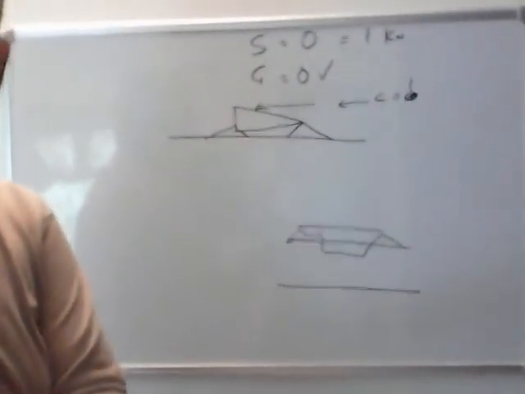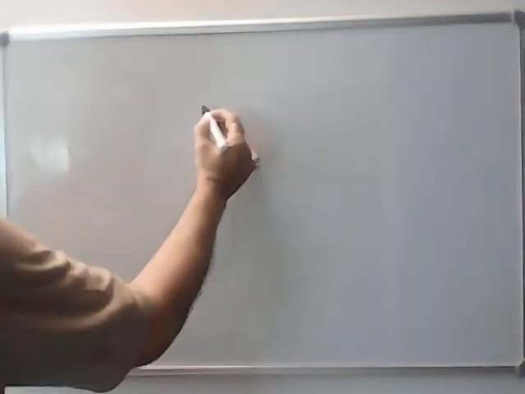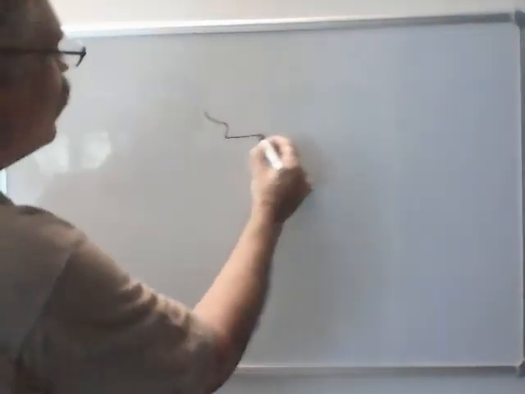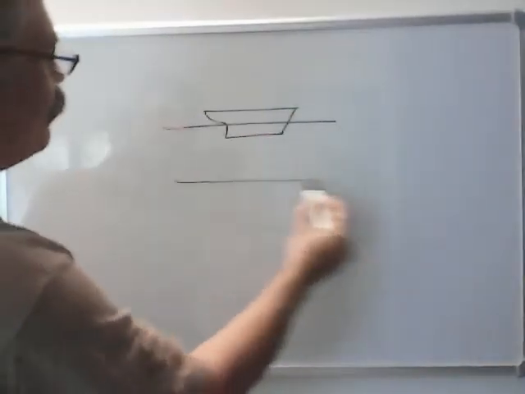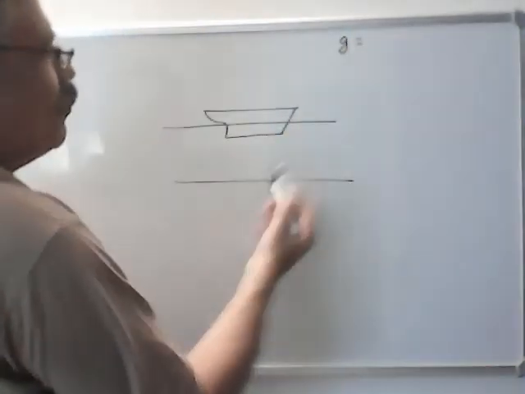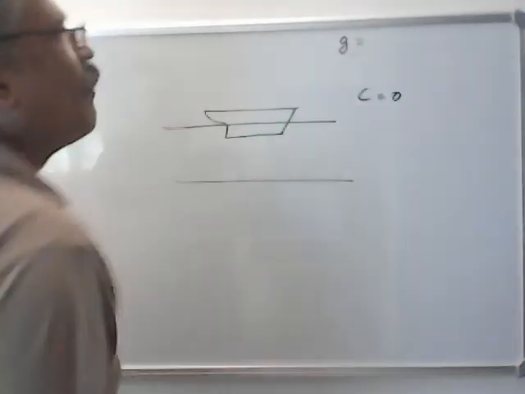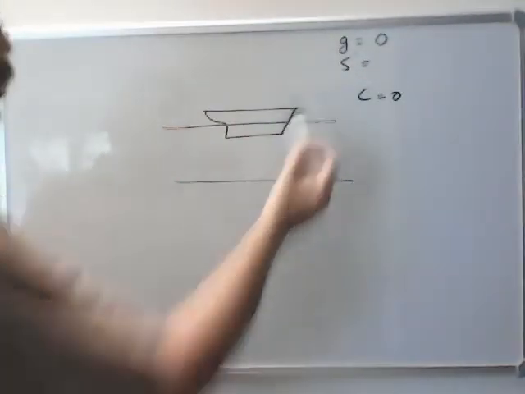Let's take another case. Now suppose the ship is drifting at sea, means engines are stopped and she is drifting and the current is 0. So this ship is not tied up, she is just drifting at open sea and this is the ground. So what will the GPS show? Speed of ship with respect to ground, current is 0. So GPS will show 0. And what will the speed log show? Speed of ship with respect to the water, 0.